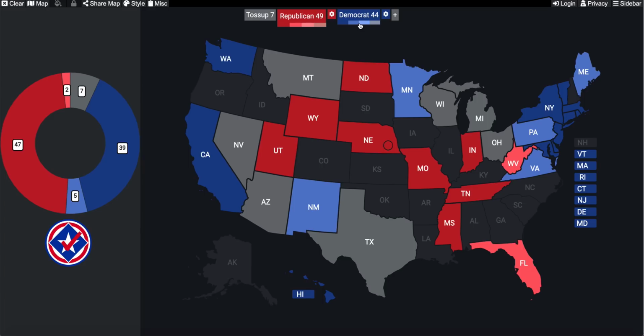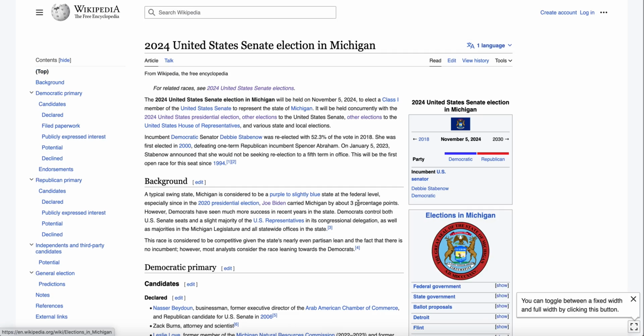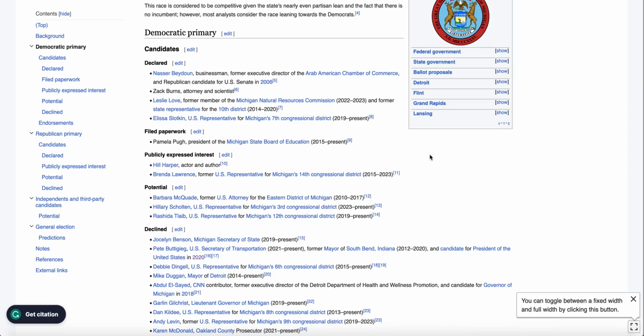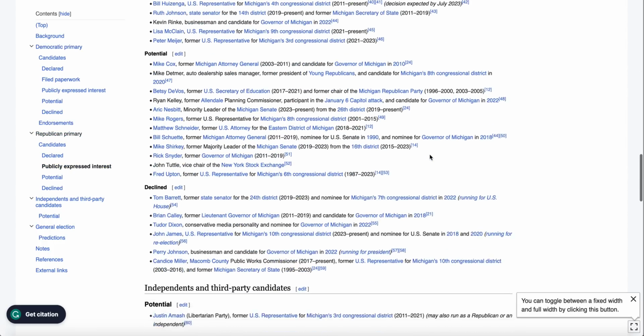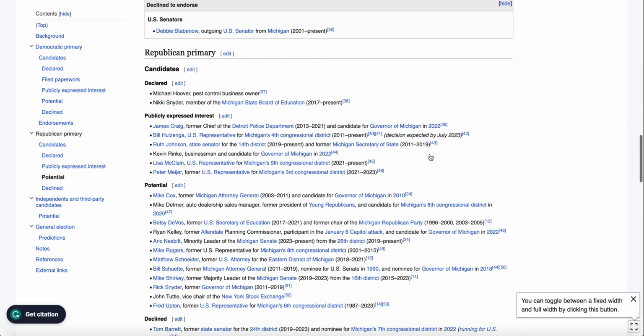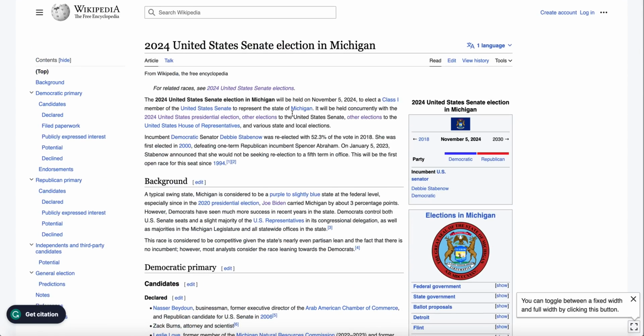We can talk about the Rust Belt. I will say, though, I'm quite expecting Democrats to do well based off of the current slate of candidates. Tammy Baldwin isn't exactly this lackluster candidate for Wisconsin politics, and neither is Elissa Slotkin when it comes down to the state of Michigan. There isn't a guarantee that Elissa Slotkin is going to win in this race. There is a possibility that there are other members that are going to run, particularly the president of the State Board of Education. Based off what the numbers say right now, let's see if there's any polling numbers. I guess there are. But the expectations here are that Democrats will do well in this seat.